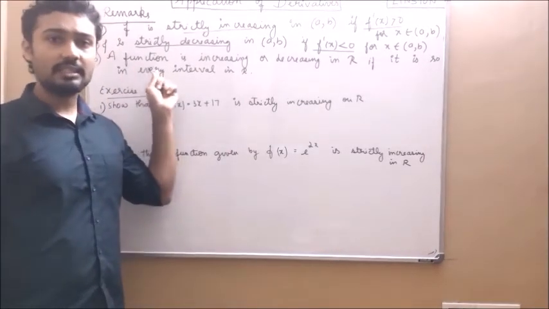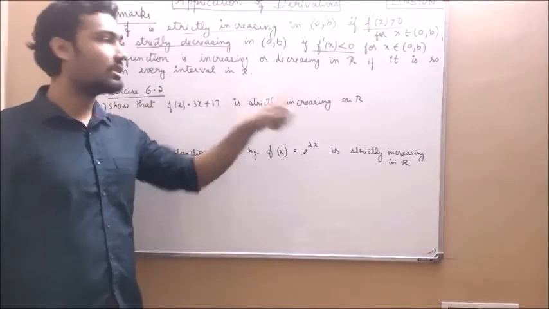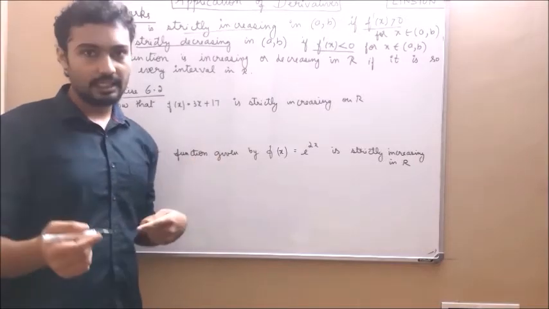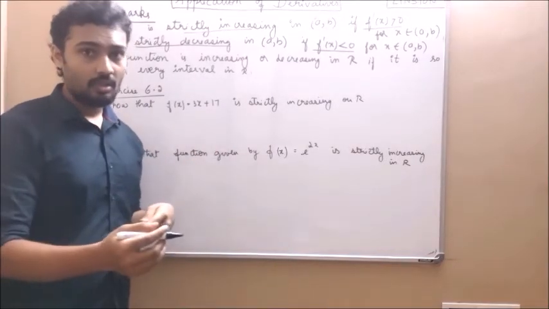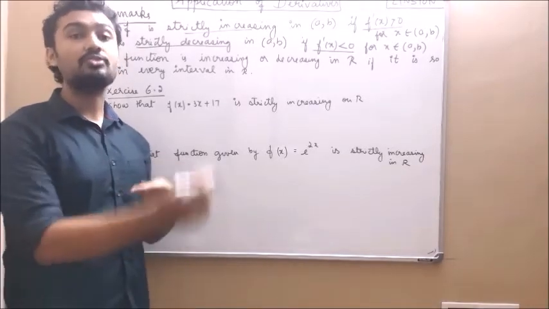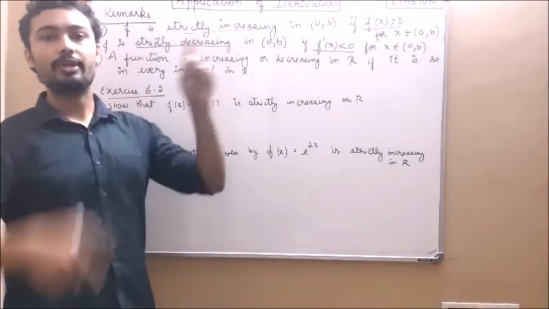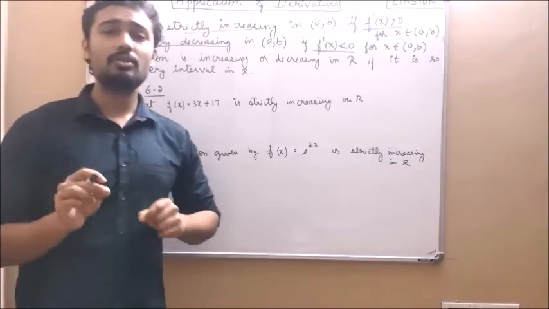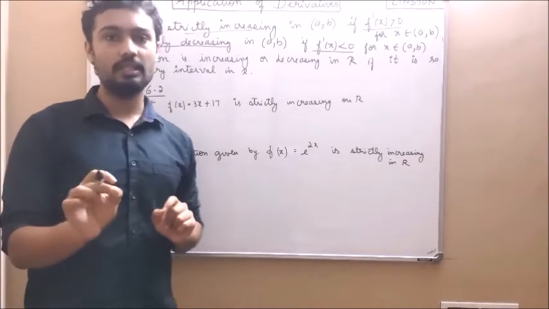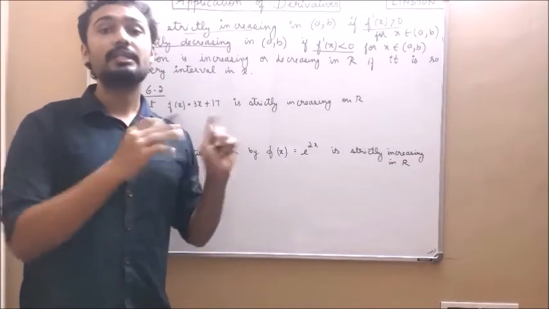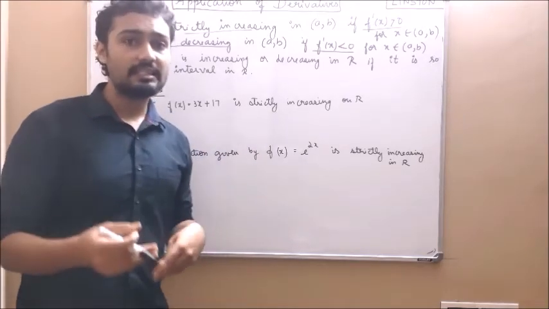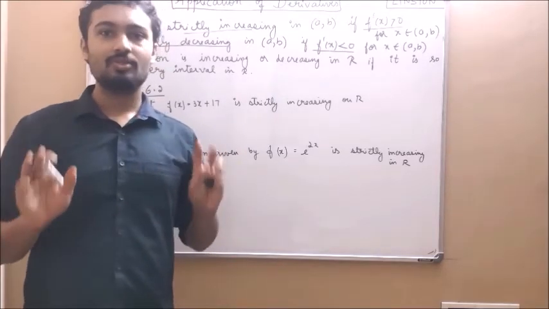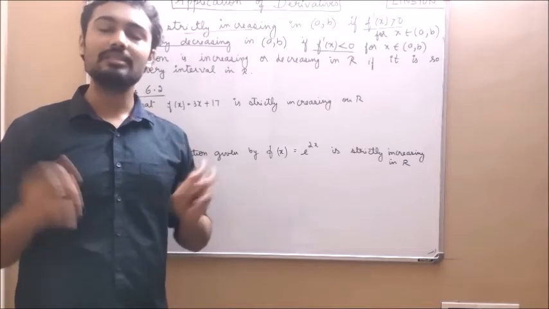Next, a function is either increasing or decreasing throughout the real line R if it is so in every interval. Means if a function should increase, it should increase in every interval. If a function should decrease, then the function should decrease in every interval. Sometimes going up, sometimes going down, it is not allowed. It is neither increasing nor decreasing. So for us to be able to tell definitely whether a function is increasing or decreasing, it should be increasing in all intervals, or if it is decreasing, then it should decrease in all intervals. Sometimes increasing, sometimes decreasing, that is not allowed. Those functions we will solve separately.